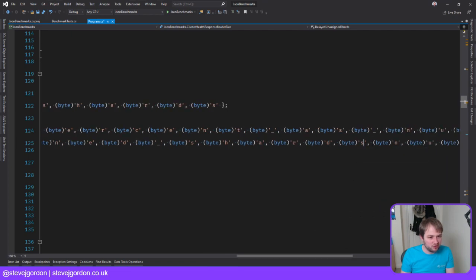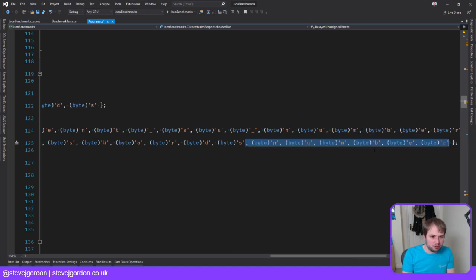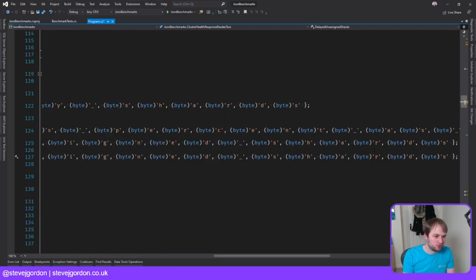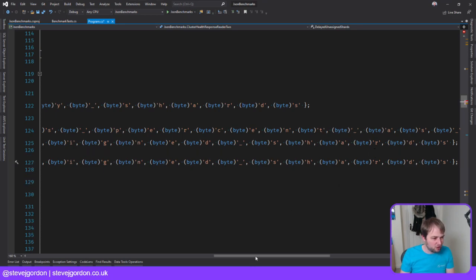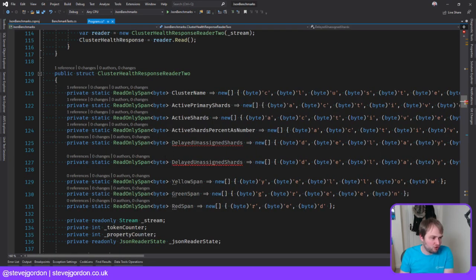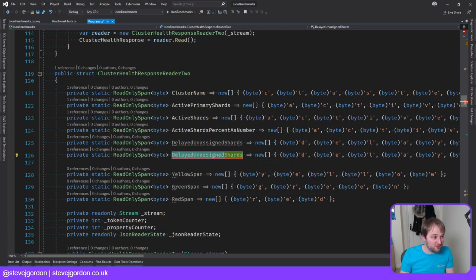Unassigned shards. So that's that one. The next one was initializing shards. All of this information, if you're interested in where this is coming from, is basically cluster state in Elasticsearch. So I have to make sure I spell this with the American spelling. This API, which I've picked almost randomly because it was a simple request or response to model,